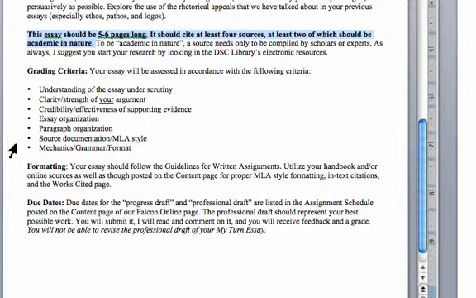A 2-page paper, obviously, doesn't cover a topic nearly as in depth as a 5 to 6 page paper, and a 5 to 6 page paper not nearly as in depth as my dissertation did, which was over 200 pages. Okay. When I write articles for academic publications, I write 25 to 35 pages. So you can imagine what kind of depth I have to go into. And so the 5 to 6 pages is an indication of depth and development.